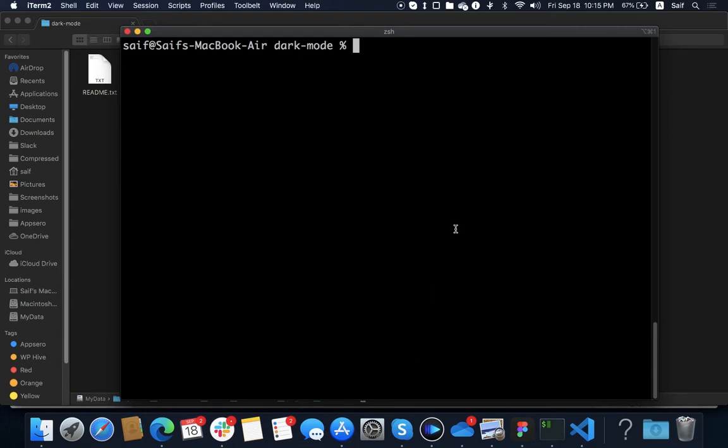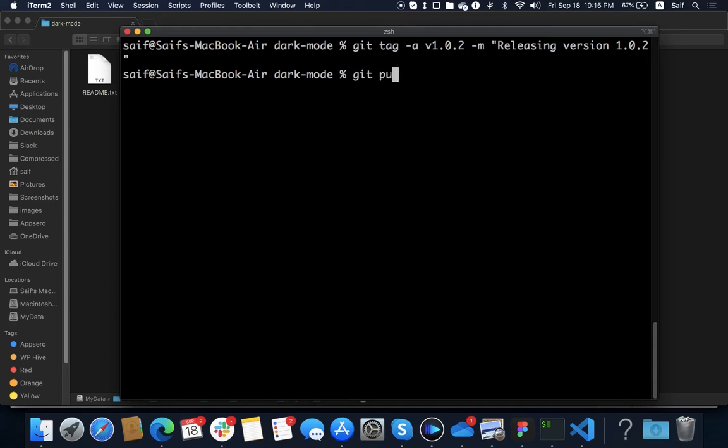Now I have to create a release for this plugin that is residing in Git. So how can you create a release? It is very simple: git tag -a and type the version number. The version number here is 1.0.2, and add a git commit message for this version number, "releasing version 1.0.2". So we have created the tag, and now it's time to do another git push origin command to make sure that you are in sync.